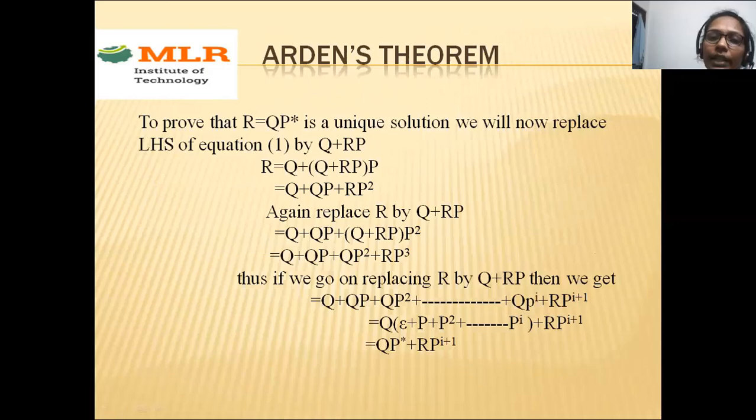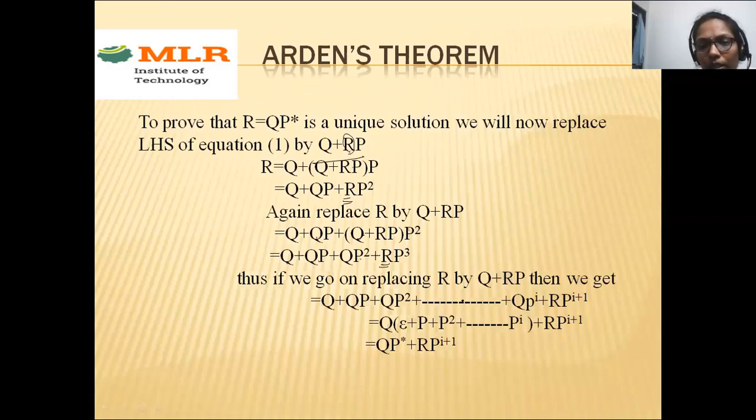What is the expression we have been given? R is equal to Q plus RP. Again, here we're getting R. So in place of R, again I'm substituting its value, Q plus RP. So again substitute the R value. What is the R value? Again, Q plus RP. So this will be repeated. What is the expression I'm getting here? Q plus QP plus QP square plus RPQ. So every time, whenever you get R, you can substitute the given value Q plus RP.